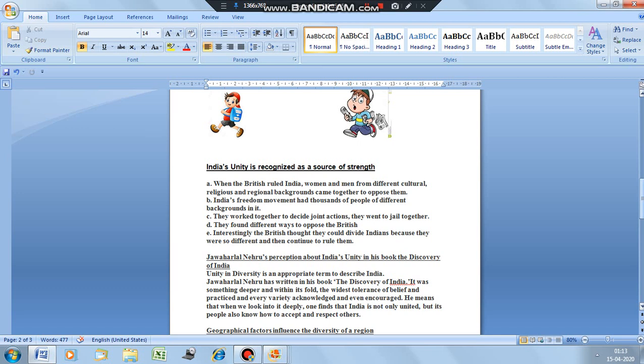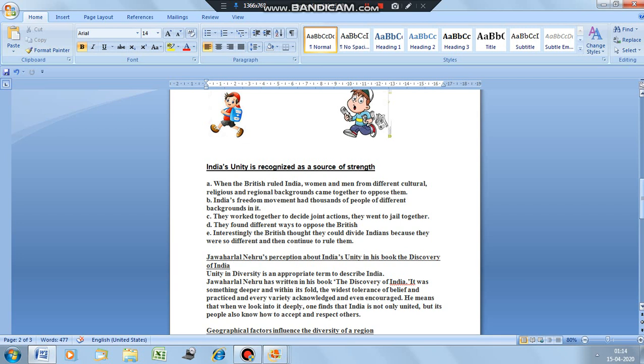Now, kids, if I ask you who is regarded as the first Prime Minister of India, or whose birthday is celebrated as Children's Day, and who had a lot of love for children. If you are guessing it, yes, you've guessed it right. It is Jawaharlal Nehru. Now, Jawaharlal Nehru's perception about India's unity in his book, The Discovery of India, is that he says that